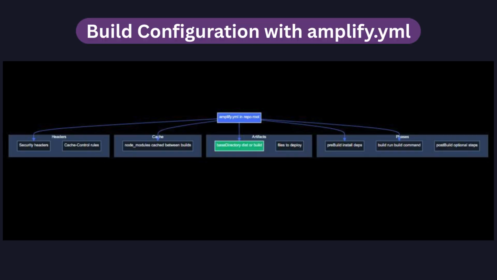The build process in AWS Amplify is controlled using an amplify.yml file placed in the root of the repository. This file defines all build phases, including pre-build, build, and post-build commands, as well as caching and deployment settings. It specifies the base directory where the build output is generated, such as dist for Vite or build for React